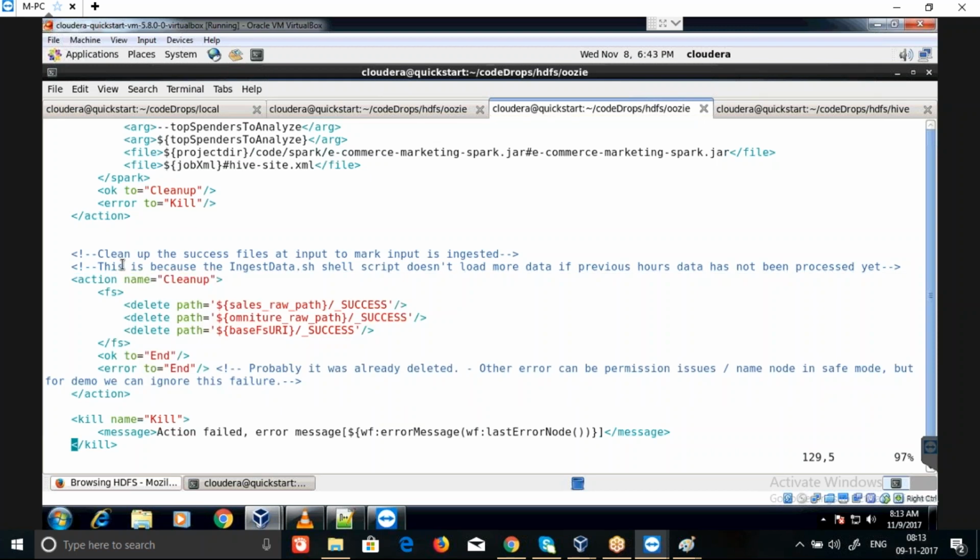You are not able to ingest the data unless you have processed the current data. So that's the reason in cleanup we are deleting it. If you go to the ingest,